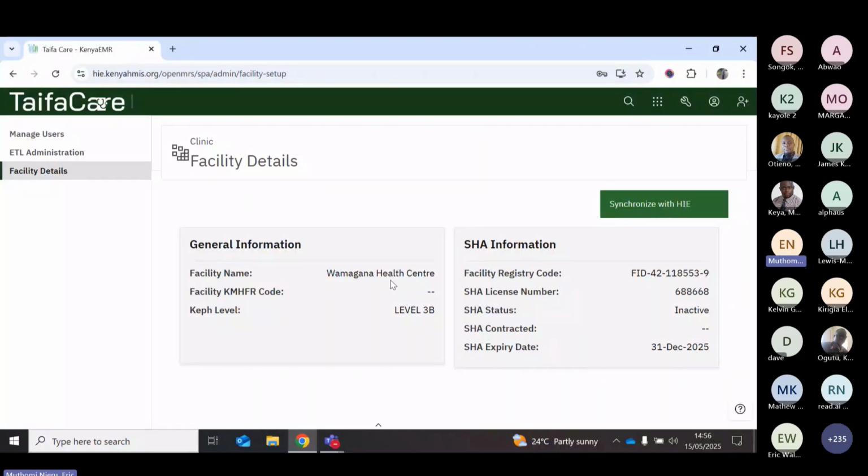And the facility registry code, this one will be very much important, and the status when you'll be claiming for your billable services. So this is the second integration that has been done. Then